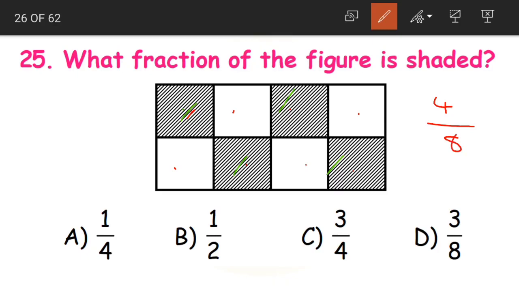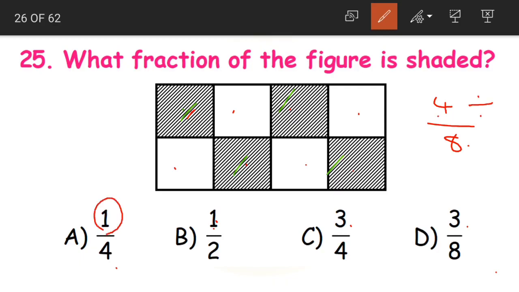But if you look at the options, there is no 4 by 8. So does that mean that our answer is wrong? No. Does that mean that the given options are wrong? No, children. Here an equivalent fraction is given. If you remember the equivalent fraction again, we need to multiply or divide the given numerator and denominator. If you look at all the numerators here, all of them are less than our given numerator. So that means we need to divide, children.